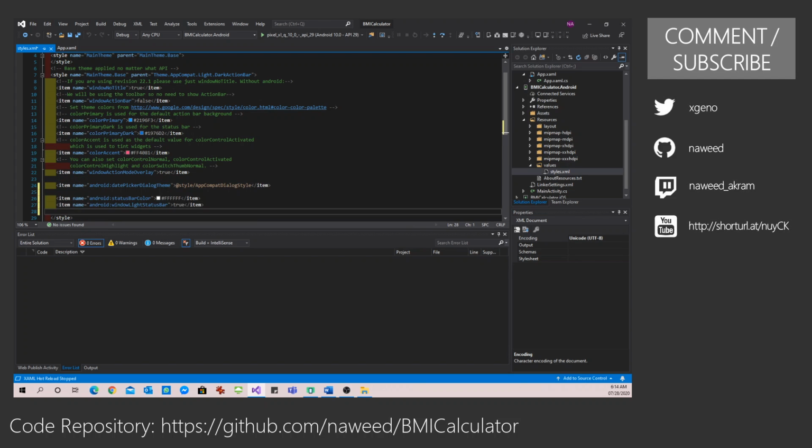Let's add them over here. So what this is doing is, this is setting the status bar color to white, and this is using the light status bar status, which will put the text or the icons as black in the white status bar.